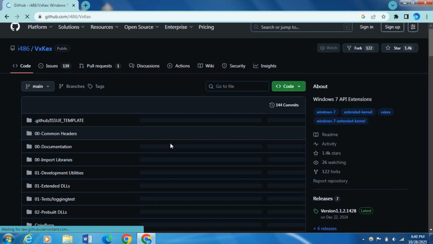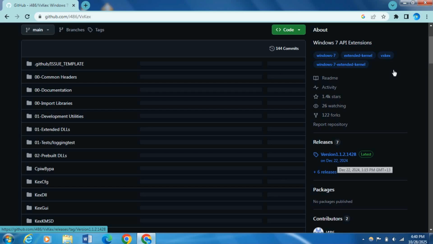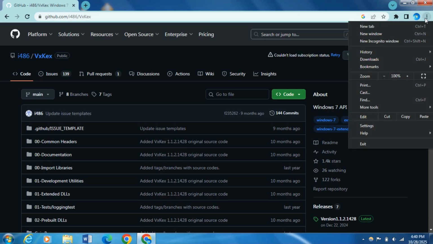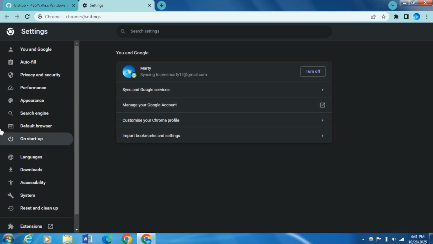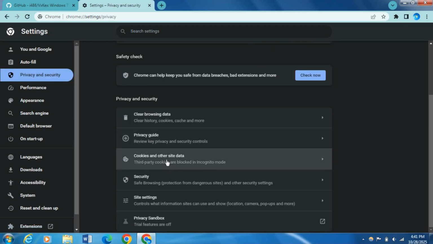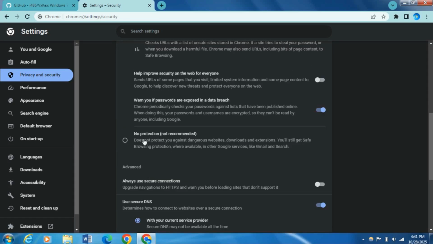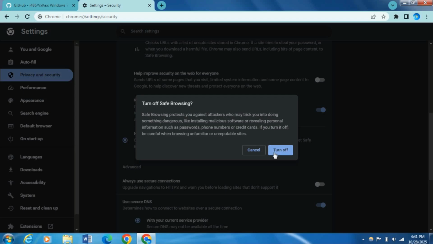Okay, now before we download it, we are going to need to open up the settings for our browser. So for example, Chrome, click the three dots in the top right corner, hit settings, and you want to go down to privacy and security on the left. And you need to click on security, this tab here, and go no protection, because it's a false positive that